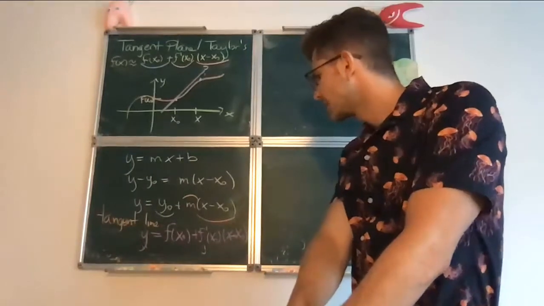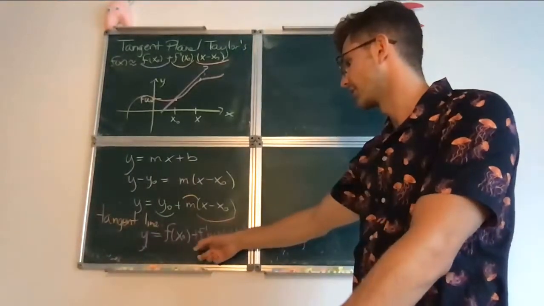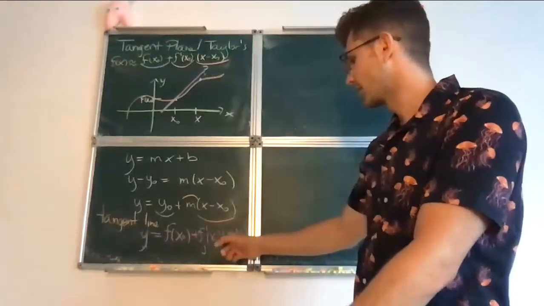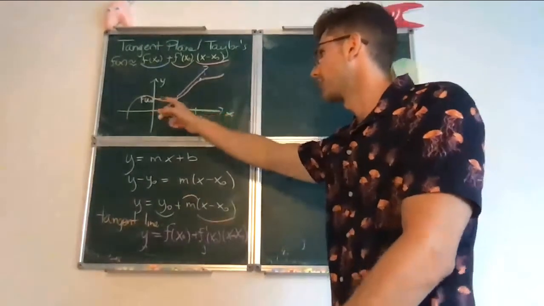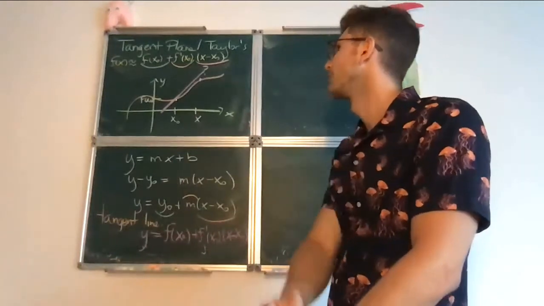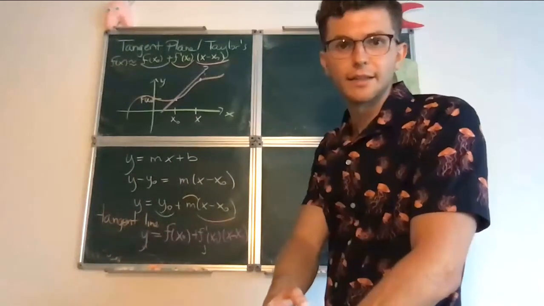Okay, and again, this is a line whose slope is the first derivative, and at the point x naught, it passes through here, so it's actually tangent to the curve,